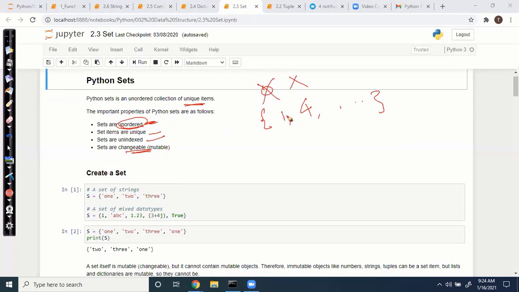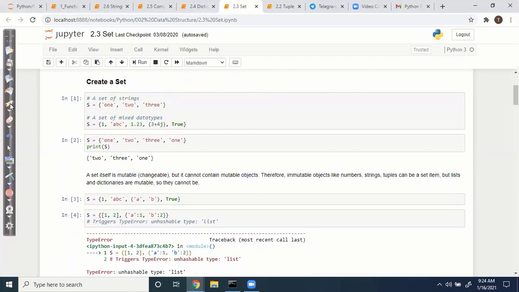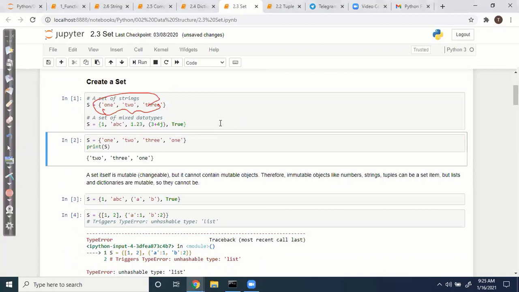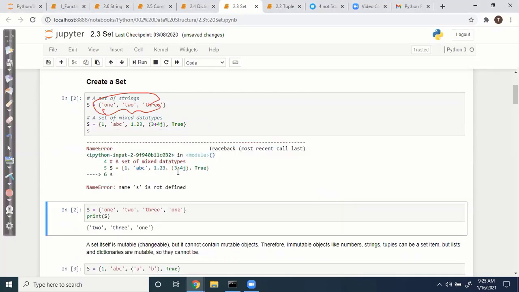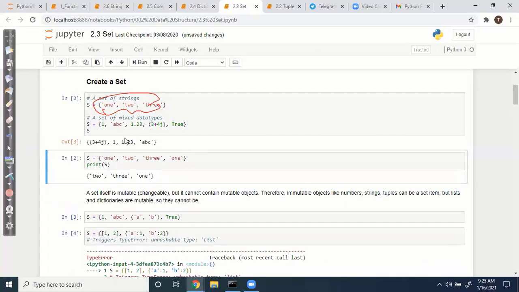You will see some of the set operations quickly. Create a set. How to create a set? You can create a set like this. A set of mixed data types with unique items.